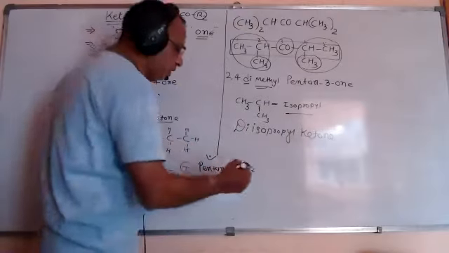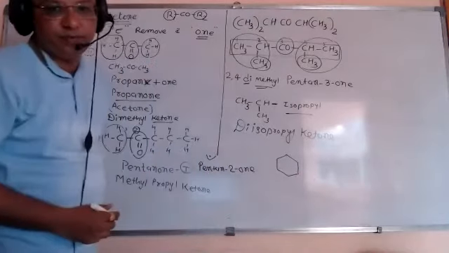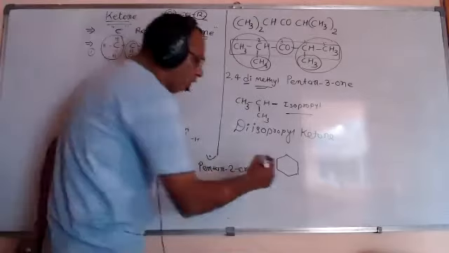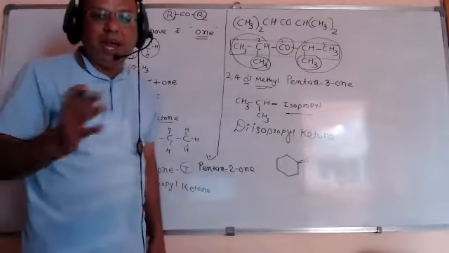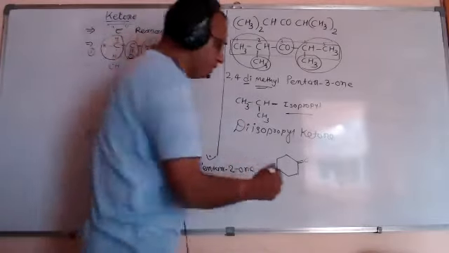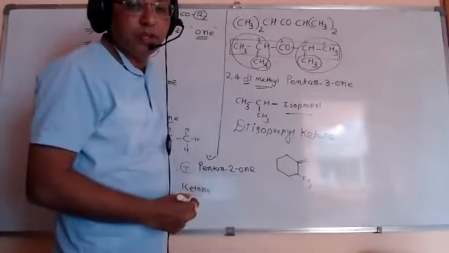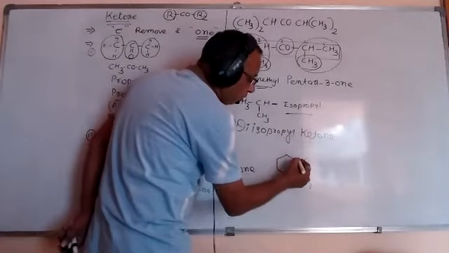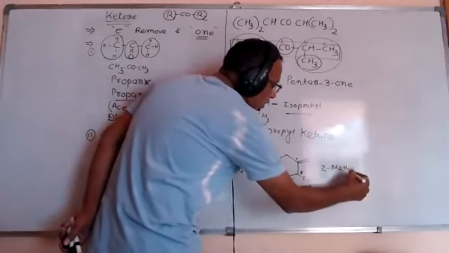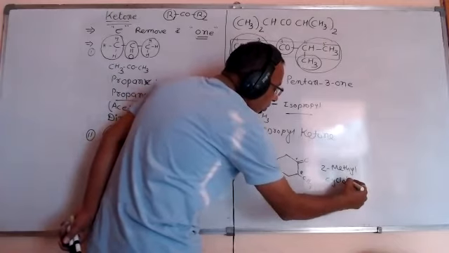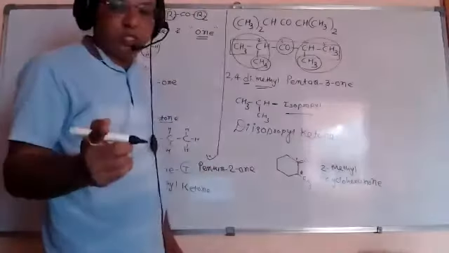One more example we consider for another type of structure. This is cyclohexane. If I write one C double bond O, it is cyclohexanone. And friends, if I displace hydrogen from here to put CH3, this is given number 1, this is given number 2. So 2-methylcyclohexanone. Once again, try to understand what is the